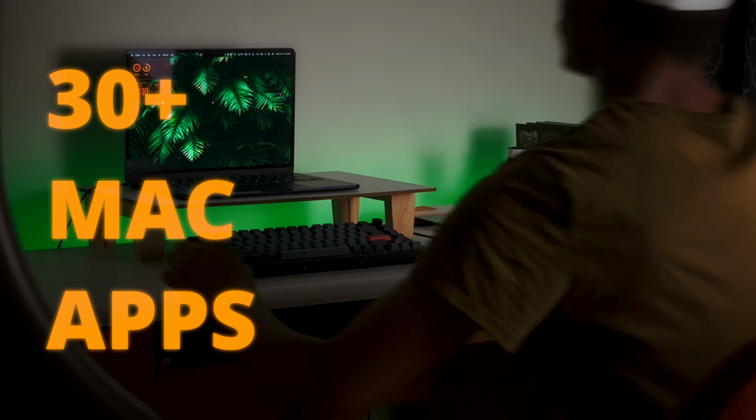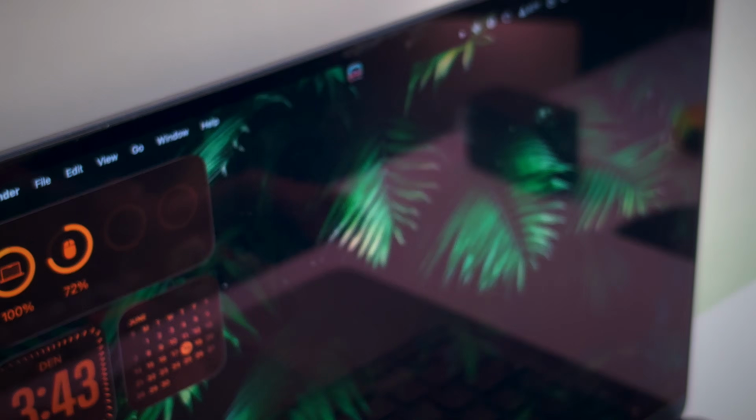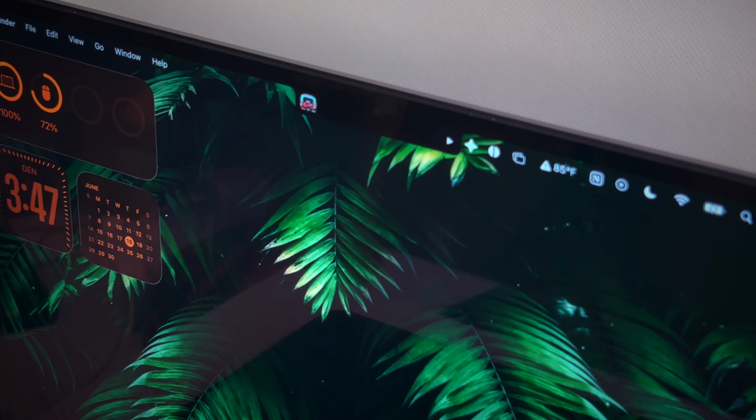Okay, for the last month, I've tested over 30 different MacBook apps. And in today's video, I'm going to be showing you the top 5, starting with an app that Apple should have built in a long time ago called SuperIsland. It basically does everything that the dynamic island on iPhone does, just on your Mac, including music controls and a